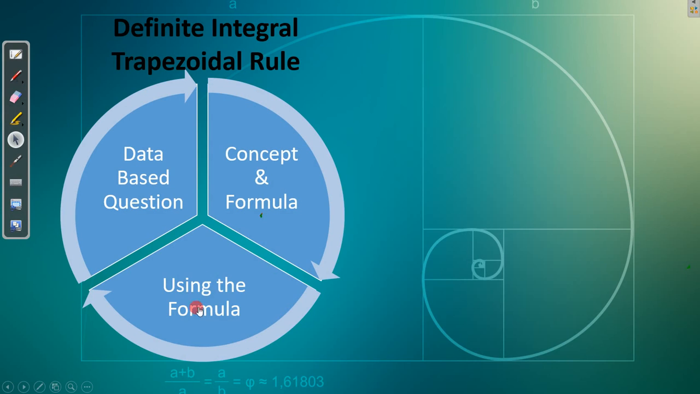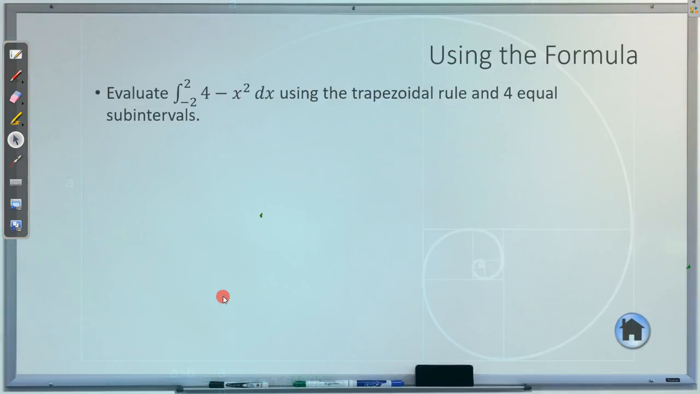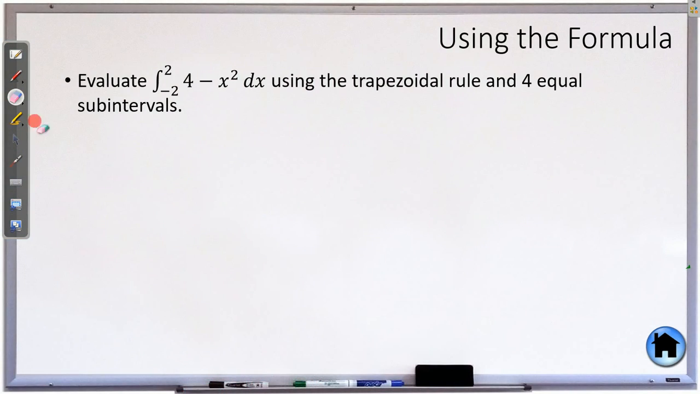So let's use the formula and see how that works on an actual problem. Don't worry, I started with a much shorter one. We're going to evaluate this integral from negative 2 to 2 using the trapezoidal rule and 4 equal subintervals. All right, so we're going to have 4 trapezoids this time. Not too bad. So the integral from negative 2 to 2 of 4 minus x squared